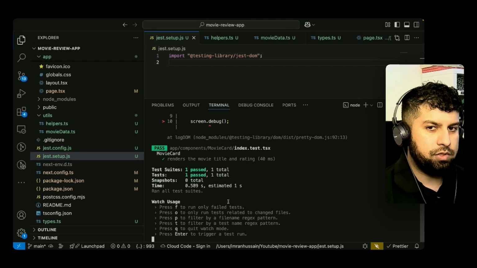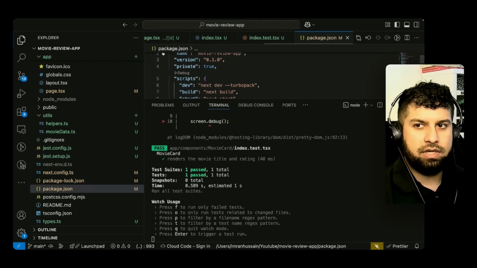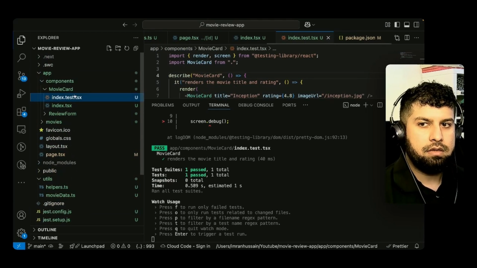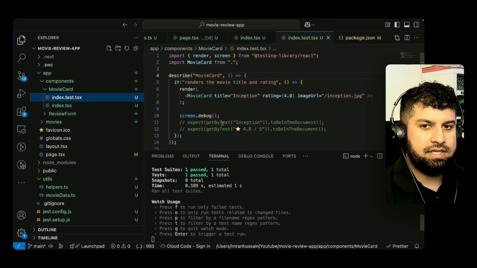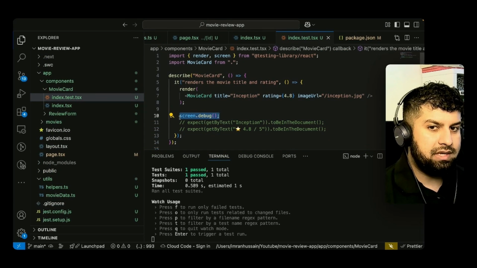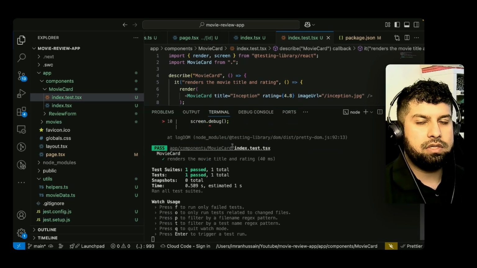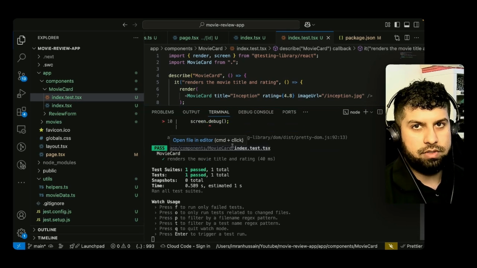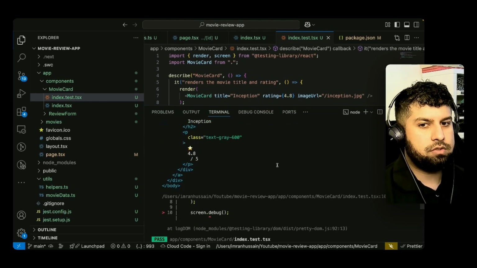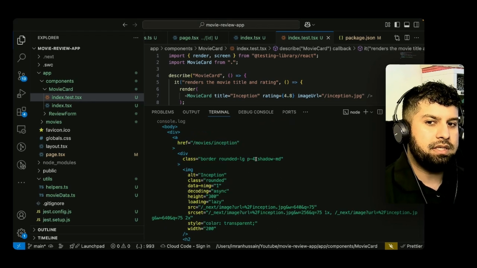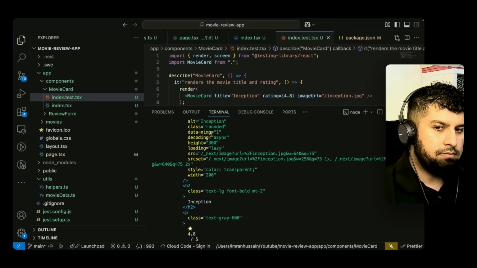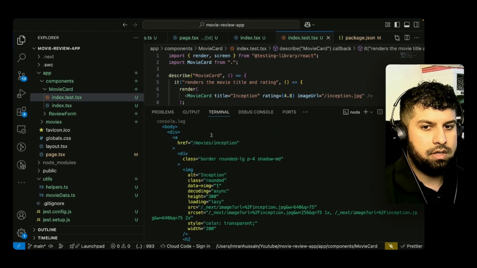But what I want to do is go back into our movie card test file. You can see I did this, which is screen.debug. Basically this is like a console log. It logs out the entire component that we have rendered. So let's scroll up, and now you can see this has rendered out our movie card component based on what